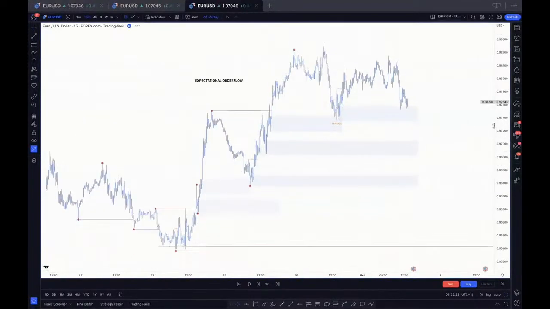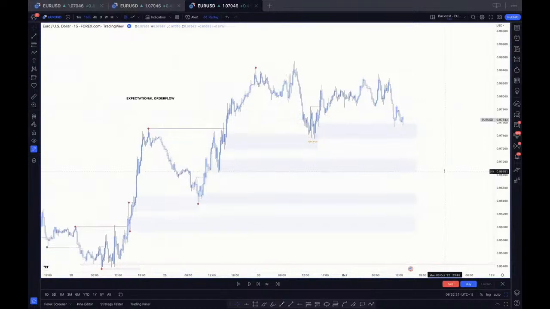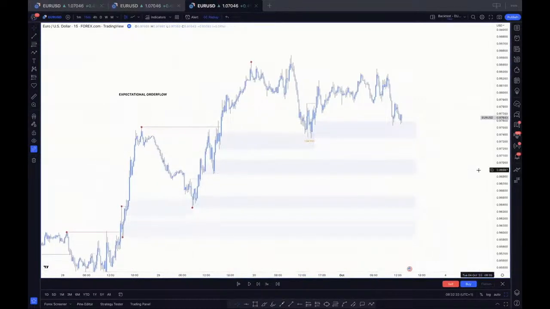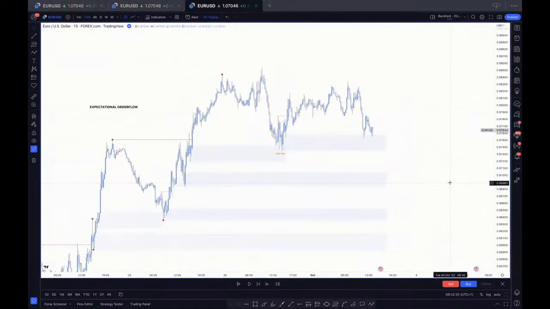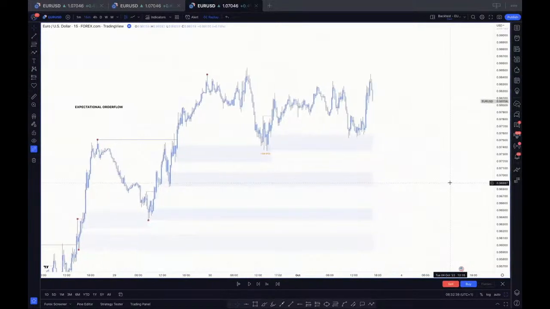I want to believe with this now, you're beginning to understand how these zones are drawn, why the zones are drawn, and also how to actually use that in trading. So let's just continue to draw our bars and let's see what this looks like. So we draw this. Okay, cool. So you can see